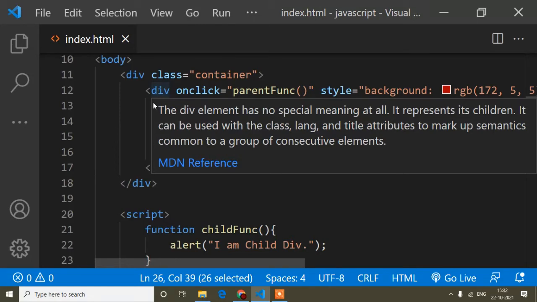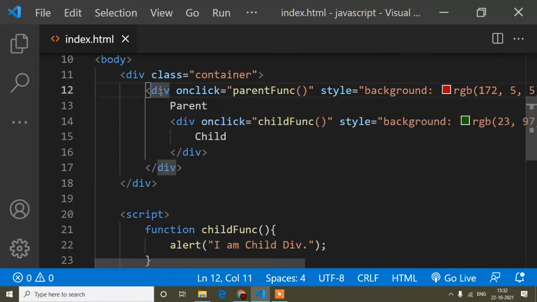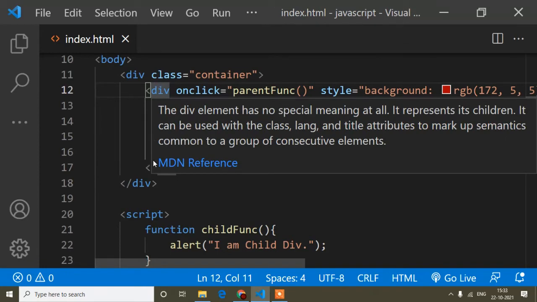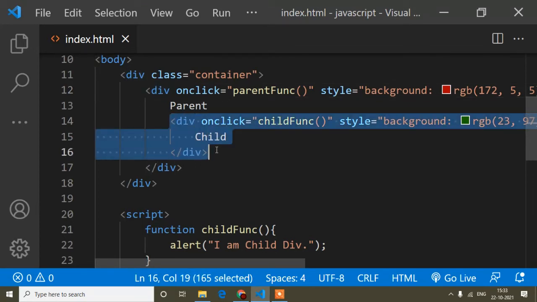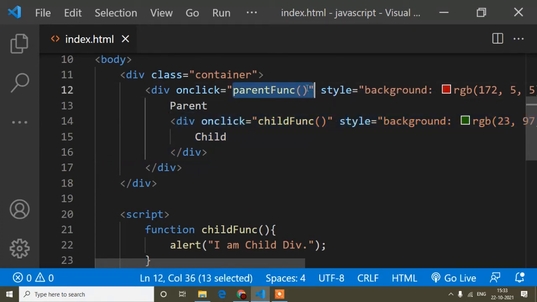Actually we can access anything inside our parent from the child, right? But we cannot access anything of the child from the parent. So that is actually a little bit of the concept of closure. So you can see here this is the child. Okay, so when I am clicking on this child div, this parent div method is automatically accessible.